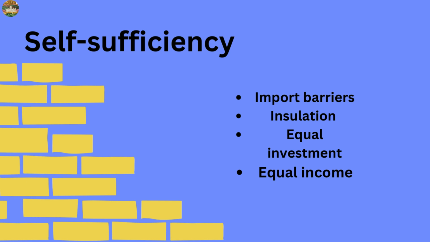Import barriers. In order to import to a country, importers must have a license, and getting this license is intentionally made very difficult. Once they have the license, they will be met with quotas that limit the amount of imported products. They will also be met with high taxes and tariffs used to make their product less appealing to citizens.